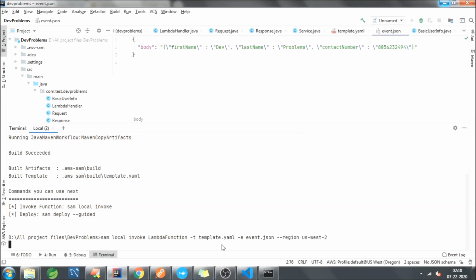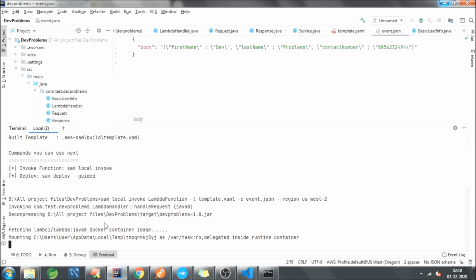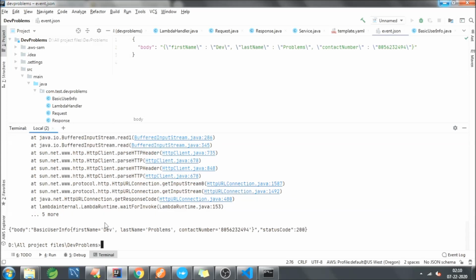Okay, I will hit enter, and it is decompressing a jar. Now within few seconds the container will start running. Okay, the container has been started. Now it will pass on the payload to the lambda function and it will give out the response. Yes, so in the response we have body and status code as 200.